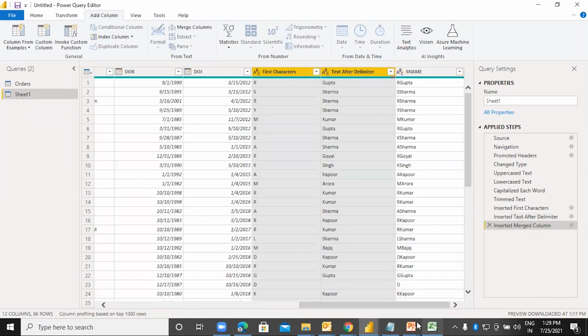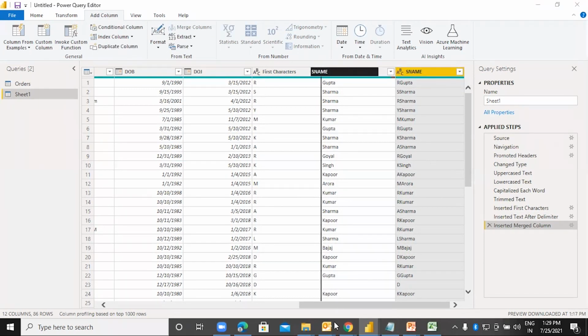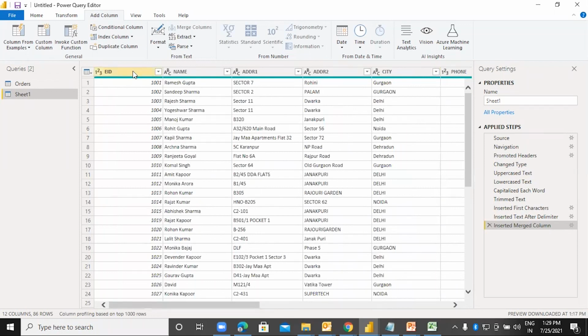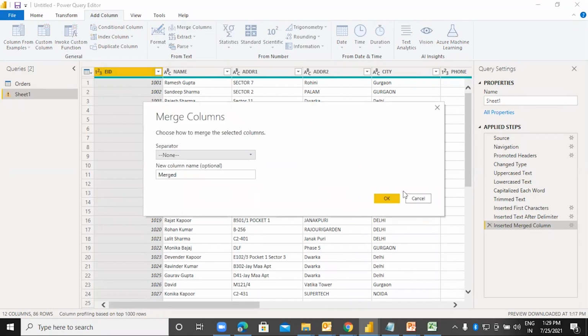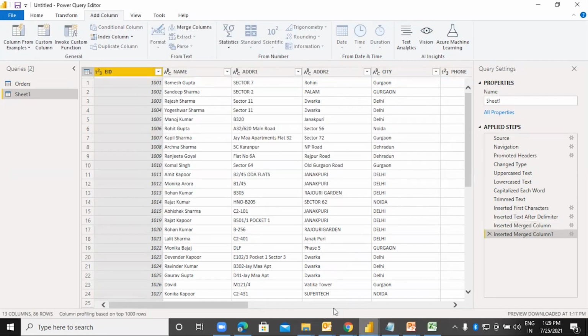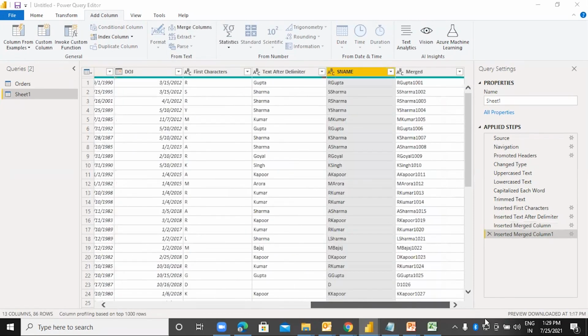And now if you want, you can generate like this. Let's take the employee ID as well, and we can combine these two. Again, I will say merge columns, say merged. R Gupta 1001.